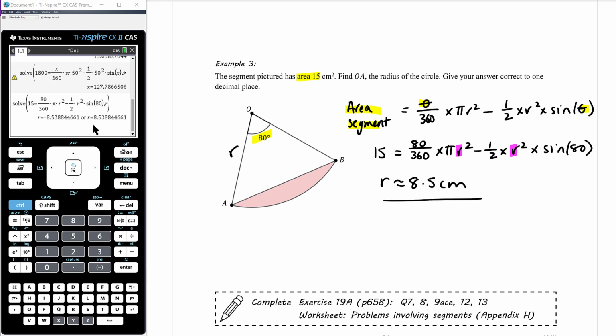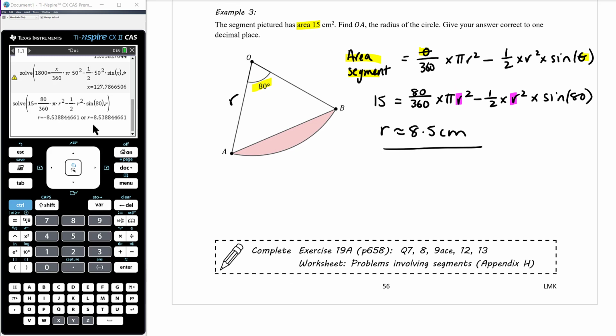So again, it's a slightly unwieldy formula, but it's just two things that we already know put together, and it connects three quantities. If we know about the angle and the radius, we can find the area of the segment. If we know about the area and the radius, we can find the angle subtended by the segment. And if we know the area and the angle, we can find the radius. Okay, so work today from exercise 19A and also an additional worksheet with some problems involving